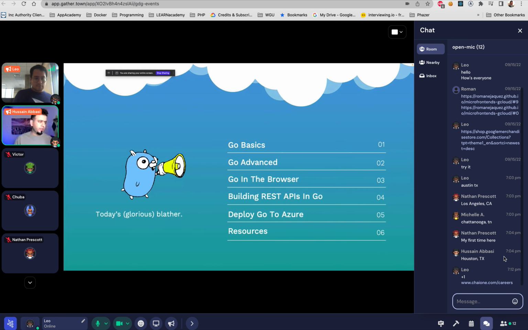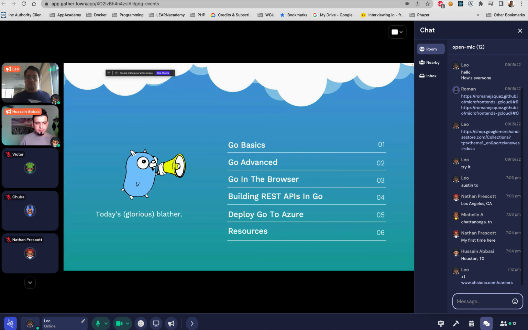Enough of that really quickly. Today's agenda: we'll talk about the basics, we'll talk about the advanced, at least I call them advanced. Then we will see how we can actually use Go within your browser without having to make that server round trip. Then we will look at the actual APIs that I built and how they all work. And I have a section on how to deploy to Azure. It's similar to how you would deploy to AWS or GCP, for instance. I'm not going to go into that too much. We'll just touch on that, and then we'll talk about some of the resources you can use if you are getting started.